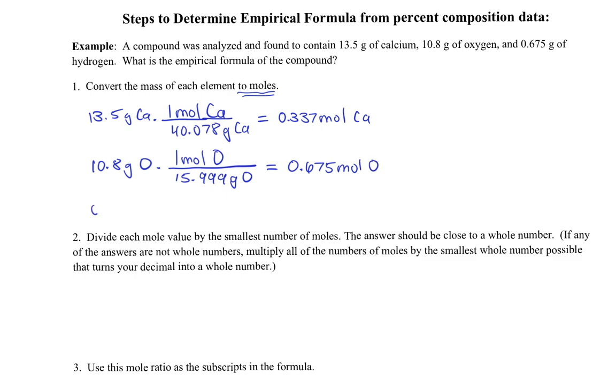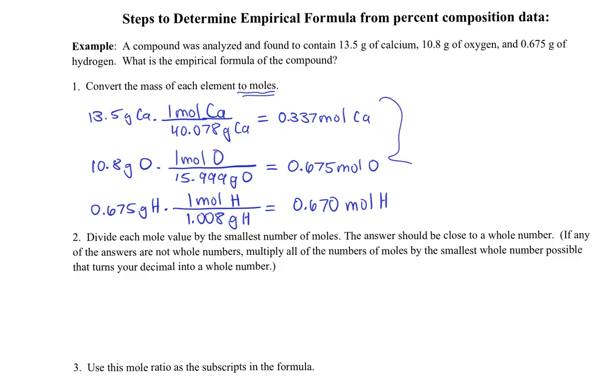And the same for hydrogen, 0.675 grams of hydrogen. For every 1 mole of hydrogen, there are 1.008 grams of hydrogen, which means there are 0.670 moles of hydrogen. All right, right now I have mole ratios. I could say calcium 0.337, oxygen 0.675, and hydrogen